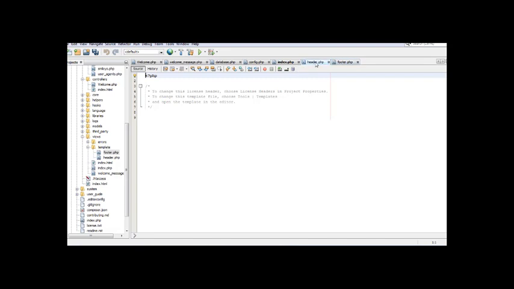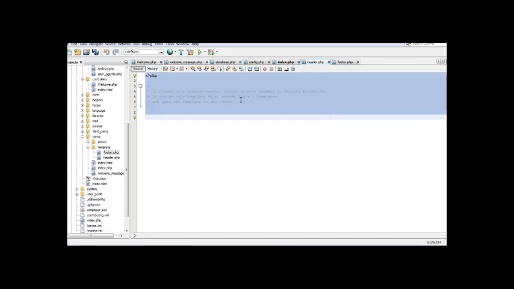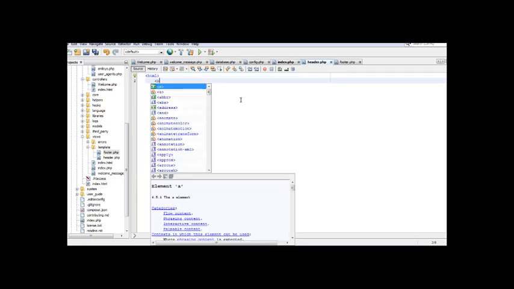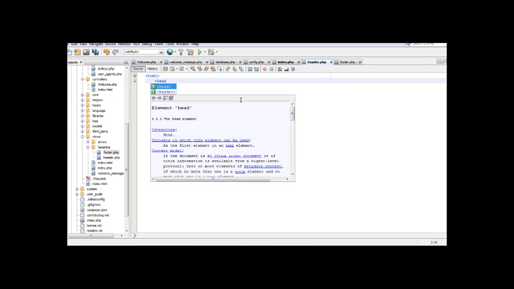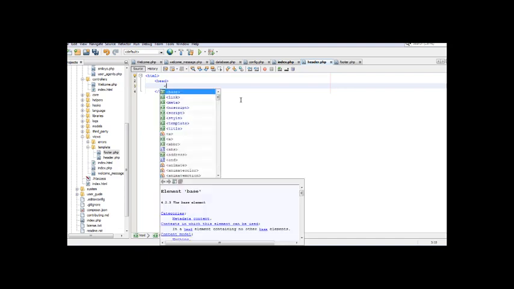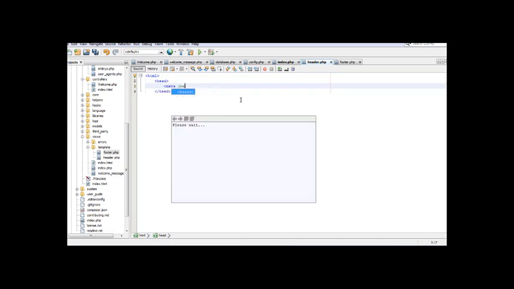Okay, and in header.php we call simply html, and head, meta charset is equal to utf-8,